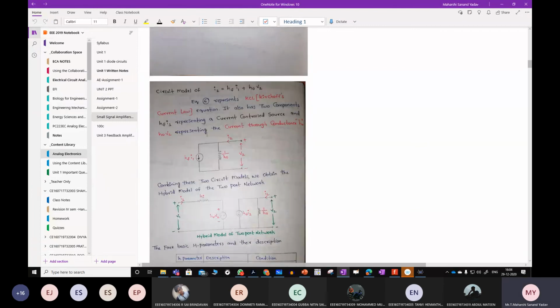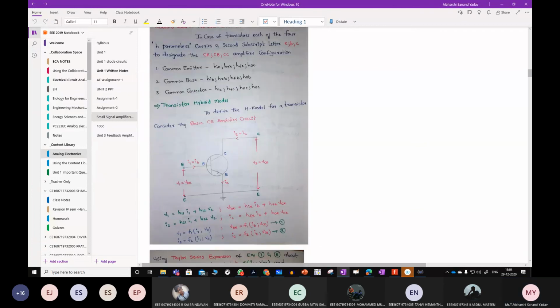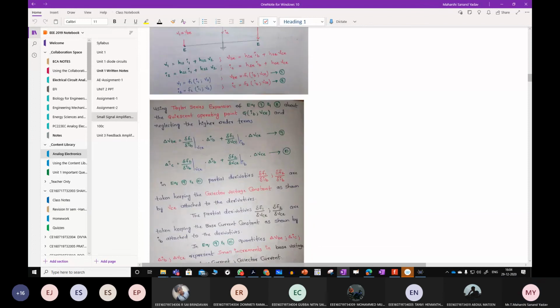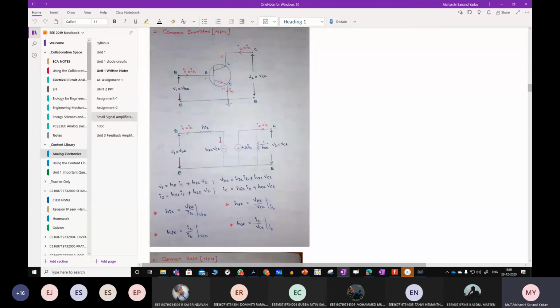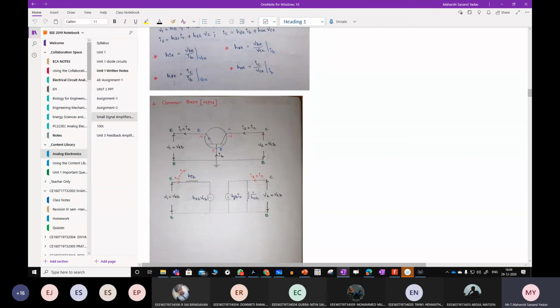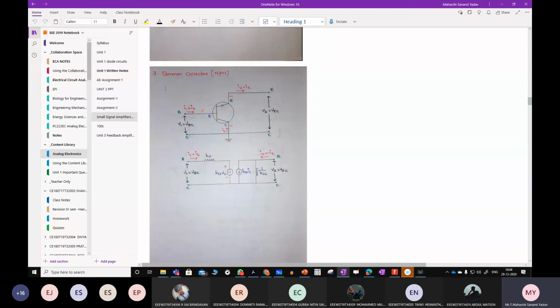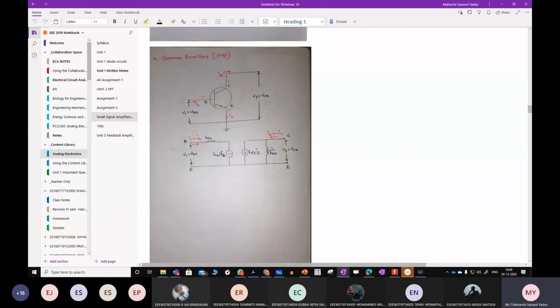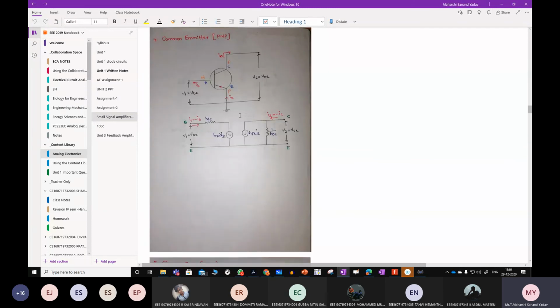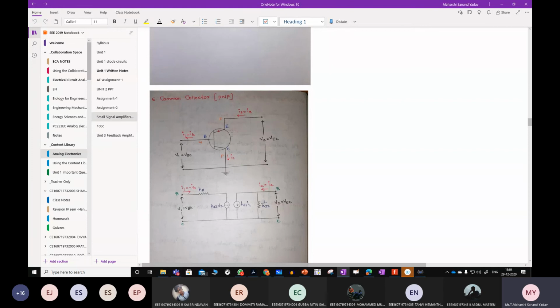We have discussed all these concepts. Here I've given for both NPN as well as PNP: common emitter NPN case, common base NPN, common collector NPN, and again I've drawn the graphs for PNP also under common emitter, common base, common collector.